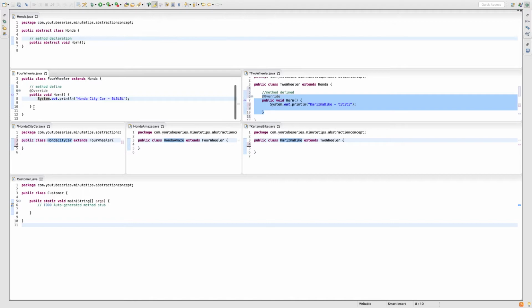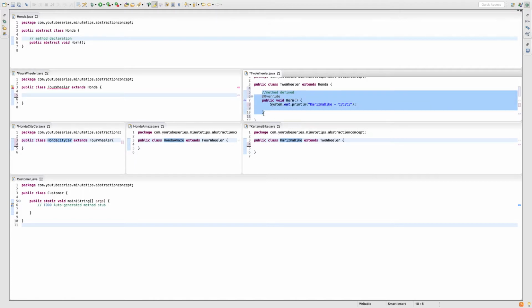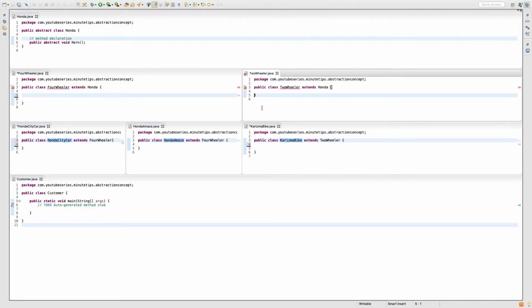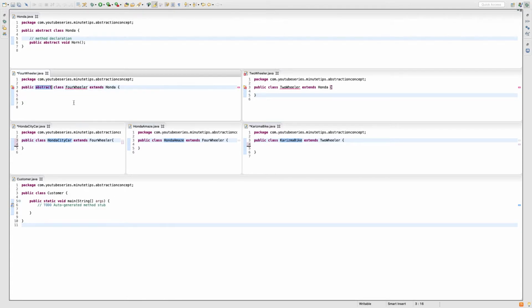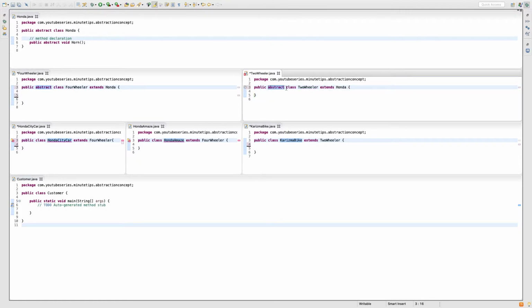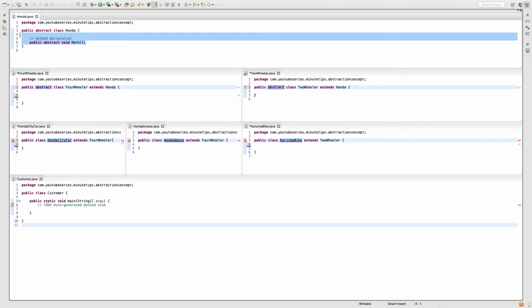We won't be defining this method at the parent level, guys. Okay, we won't be defining it. So our parents will also become abstract classes, because these two parents are not defining the horn method.